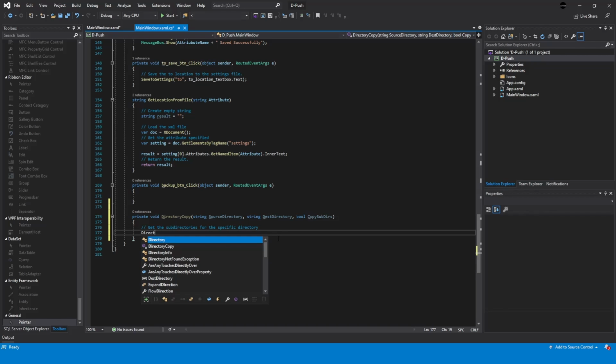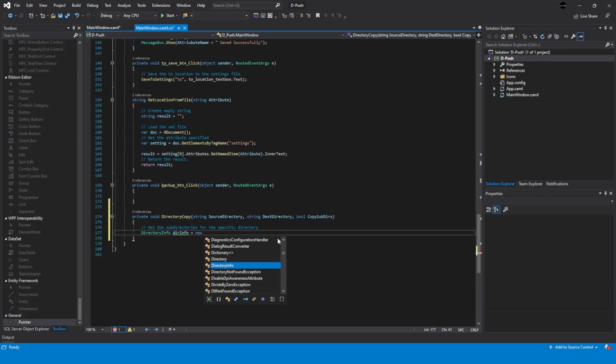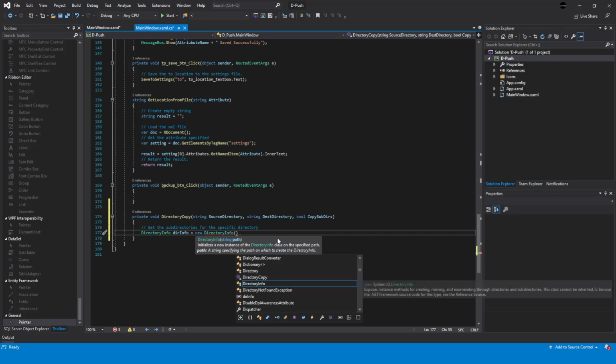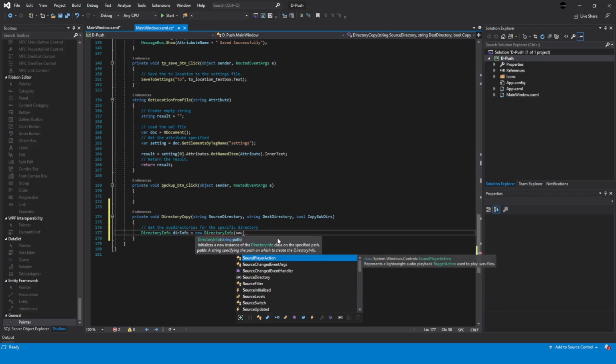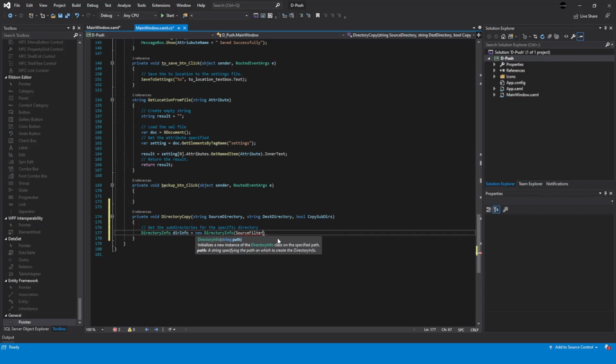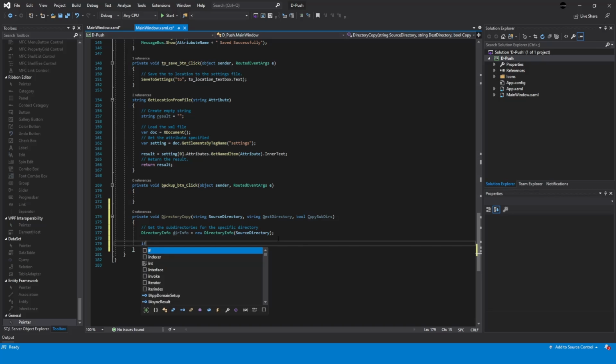So we'll do directory info equals new directory info, and we want that to be our source directory. So that's going to get all the folders inside there, and then we want to say if